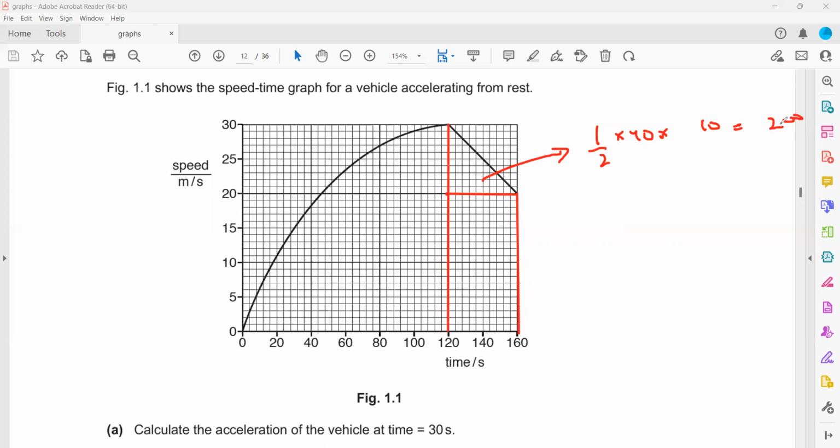400, so this will be 200. And this will be 120 to 160, 40. And the height is how much? 20. So that will be equal to 80. So this is 80 meters and this one is 200 meters. So when we sum them, we'll get